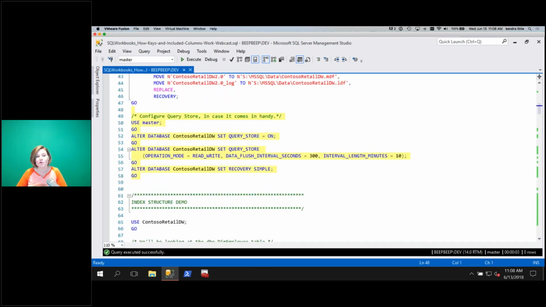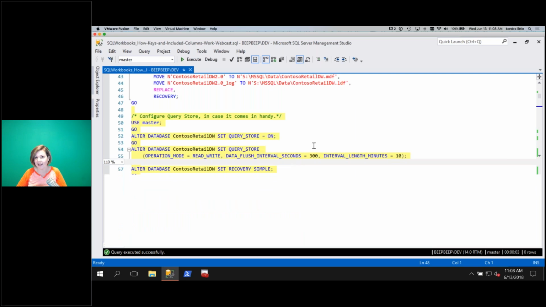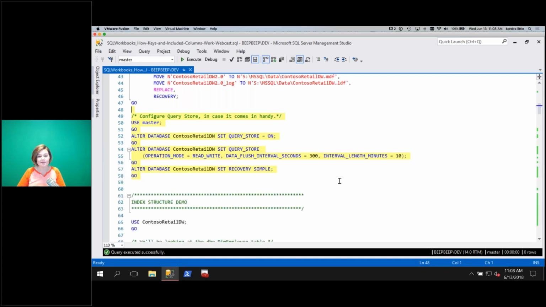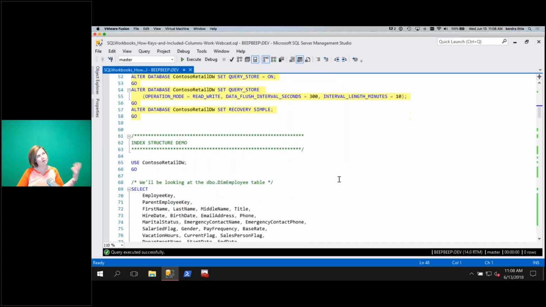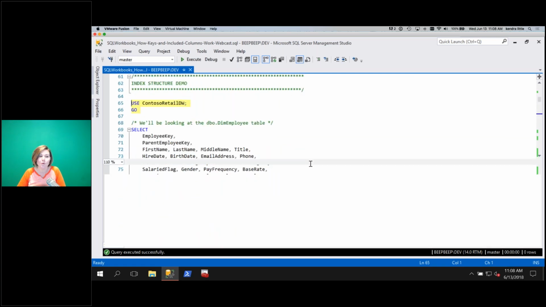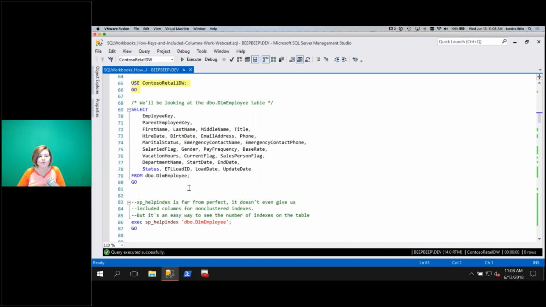I am going to configure Query Store just in case it comes in handy. We aren't really going to spend time looking at Query Store, but I am running my demo on SQL Server 2017. And sometimes I just find it handy to be able to see what query plan I was having. I've gotten into the habit, because Query Store is so useful, of just configuring it after I restore a database because it may come in handy depending on what you end up becoming interested in as you explore it. We're going to use the database, and we will be looking at an index that we're going to create